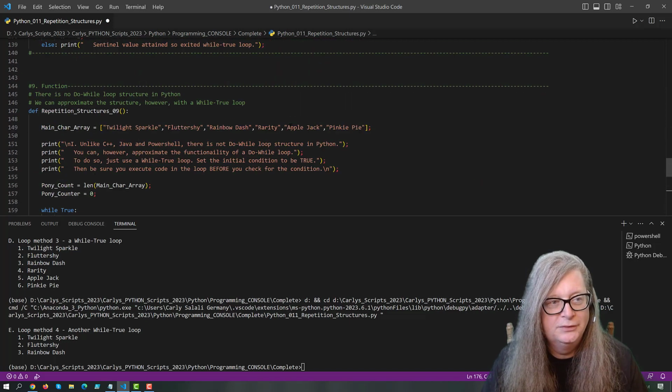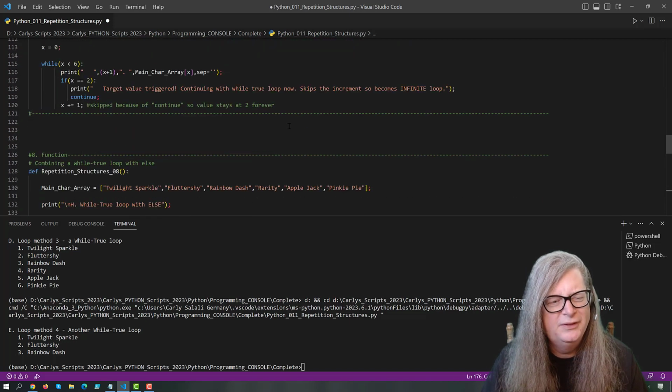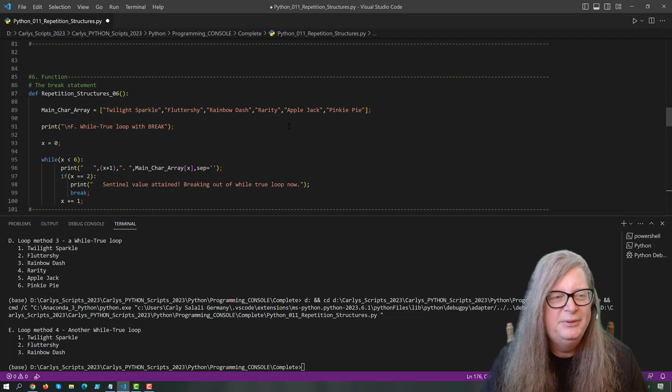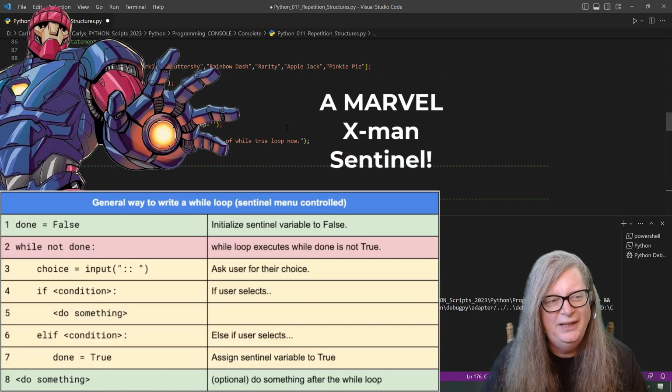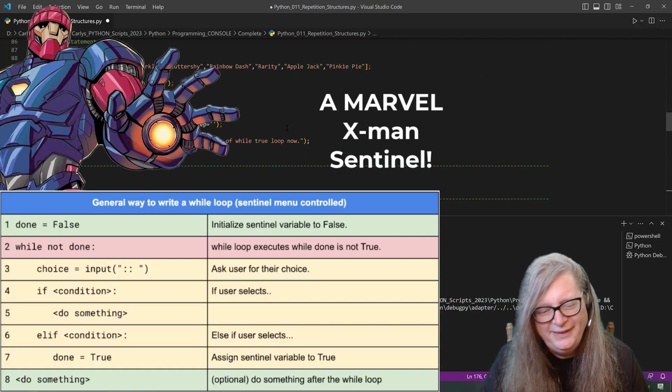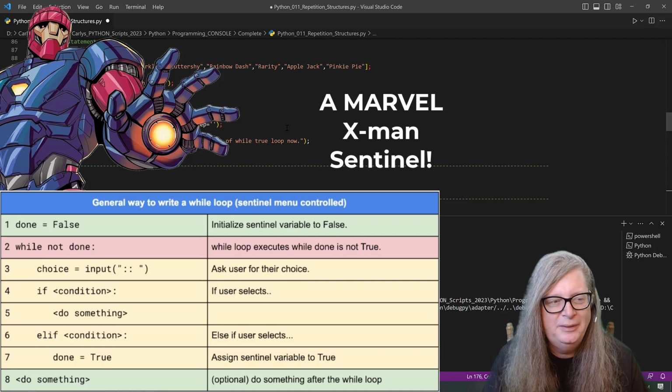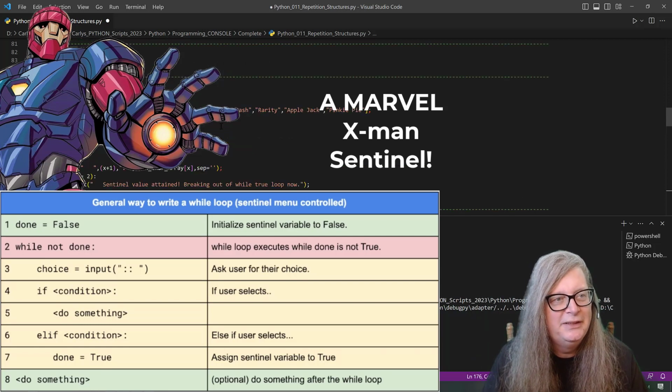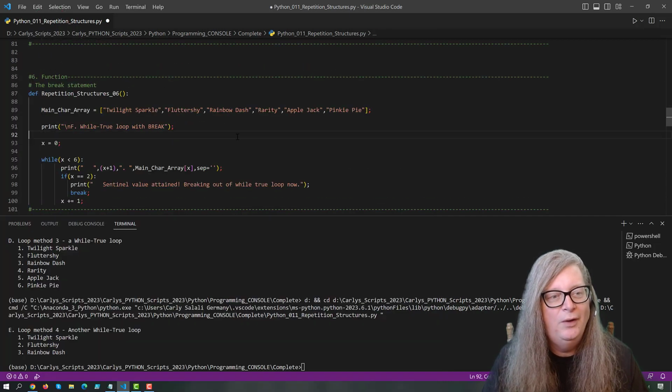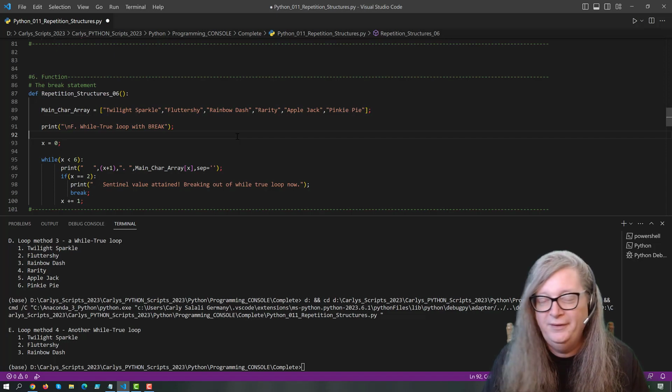That can be useful, although I prefer to code repetition structures to reach a sentinel value. I don't like hard-coded breaks. They can sometimes introduce unexpected consequences, but it's up to you. As a developer, you decide. I just want to make you aware of the use and the syntax of a break within a repetition structure